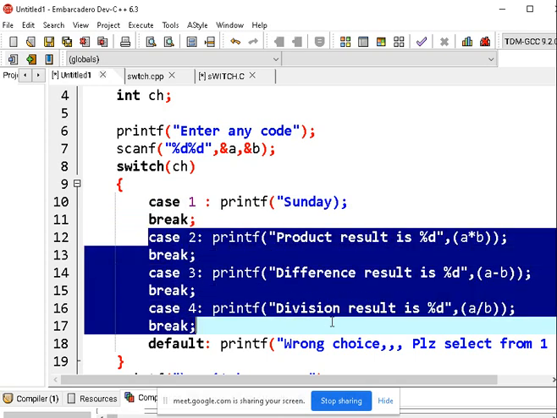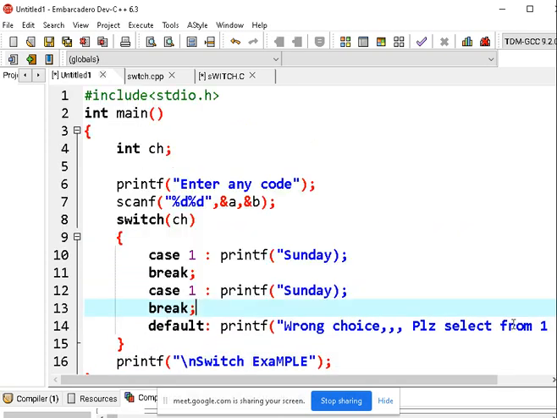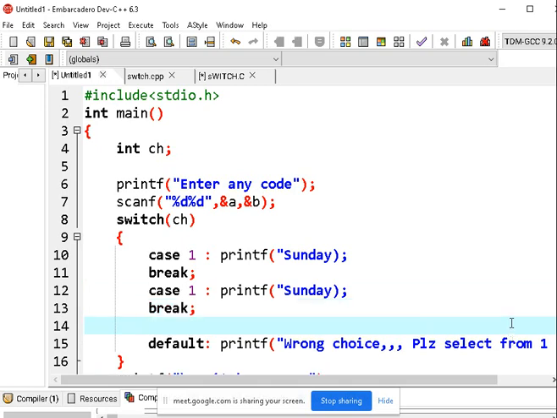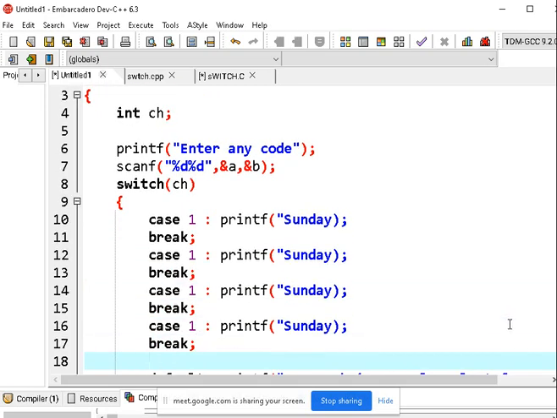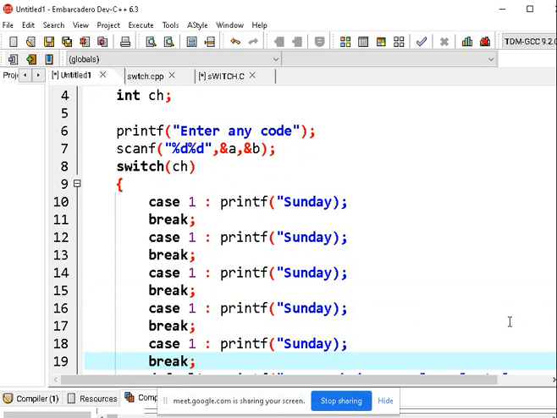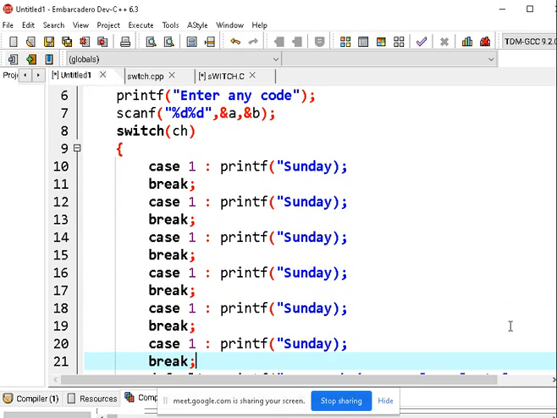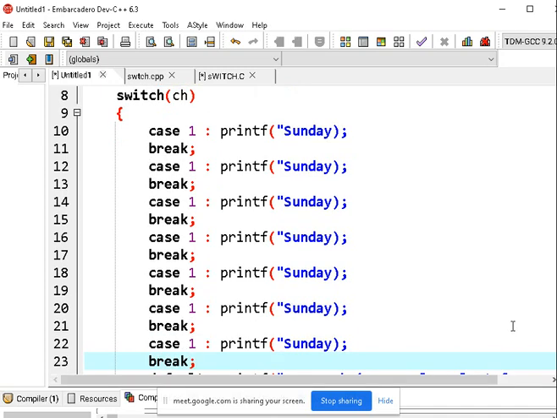So I am removing all the other stuff. So here Sunday, Monday, Tuesday, Wednesday, Thursday, Friday, Saturday.